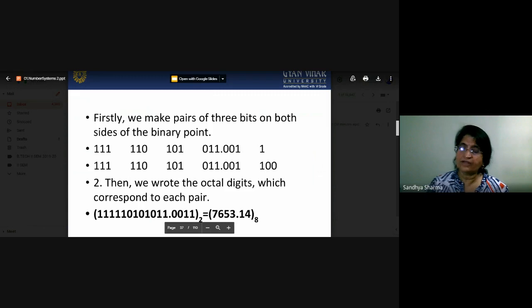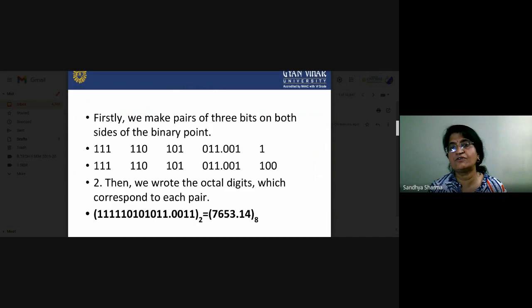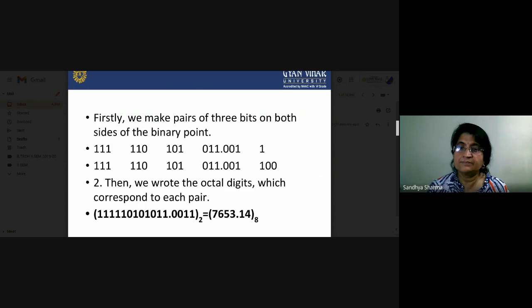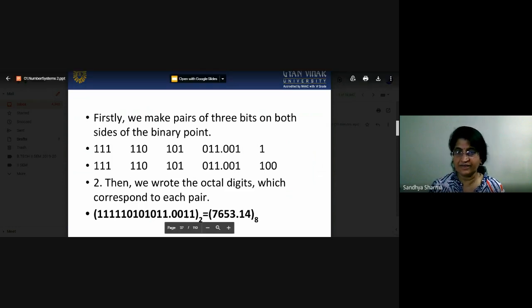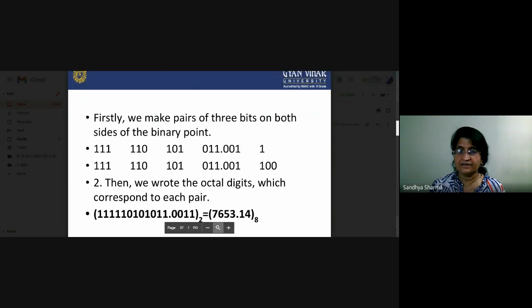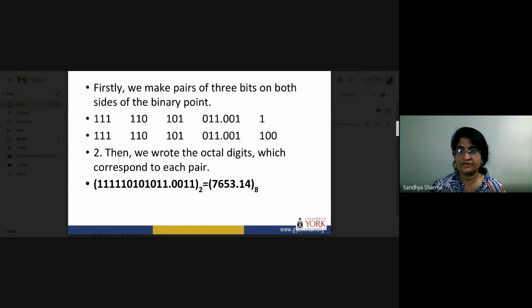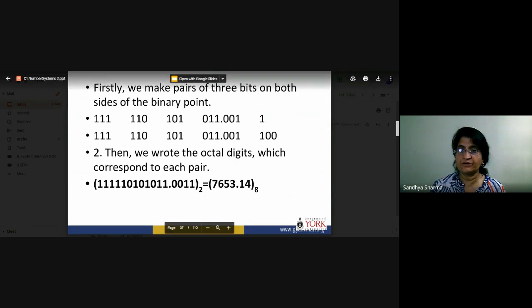If there is any shortcoming in making the groups, you have to insert extra bits. Suppose there is only a 1 and no supporting bits, so you can add 00 to support this, and we can calculate the digital value of that particular binary number. So here we will find the digital value. These are the various combinations, and this is the notation of that decimal. So this one is the equivalent octal number of this binary.